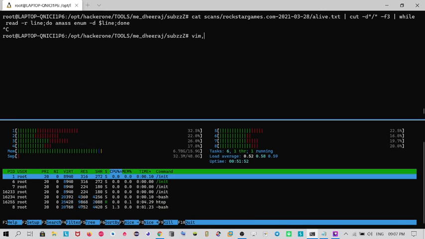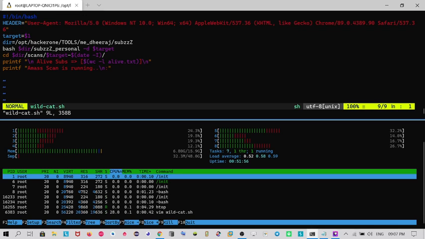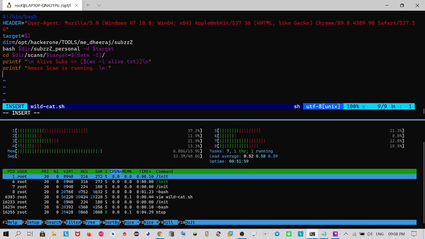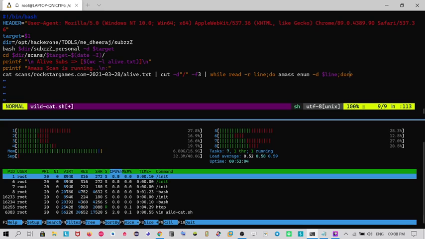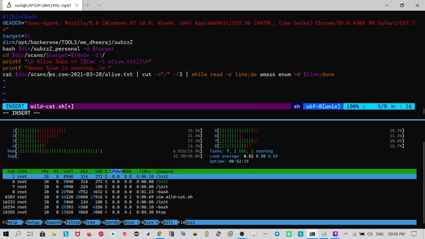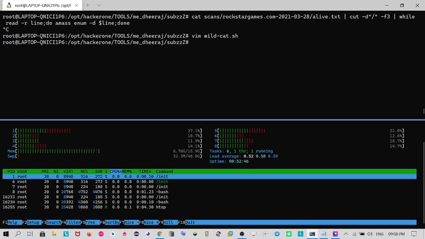Okay, so let's just copy, and we have the script called while dot something something, but we cannot use it just like that, because we need to figure out the directories. So we have a variable called dir. In this dir we have a directory called scans, but we don't need to hardcode it like this. We have to provide the variable, and in this area we need to execute a command called date -I, right? And that will read the alive.txt, cut the information, print the third field, and give the while loop the information to execute, something like this, right? But let me do something more creative, or you can say